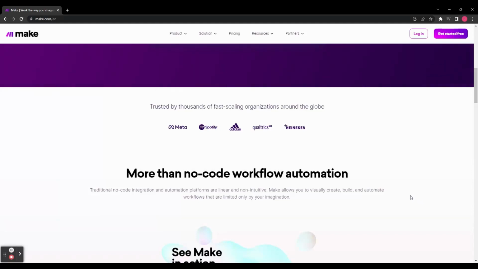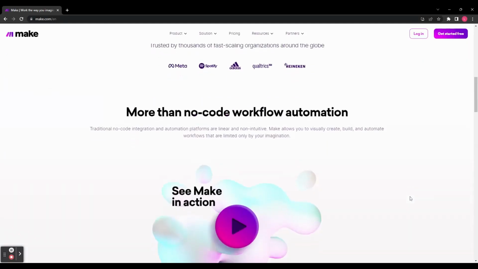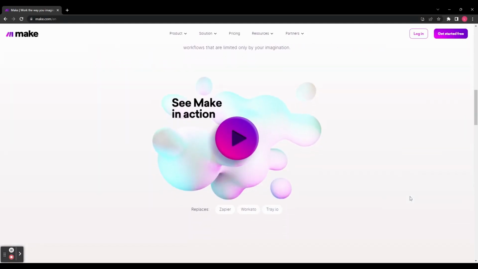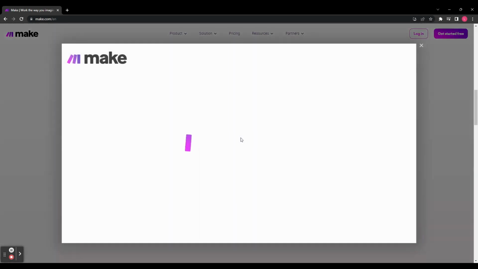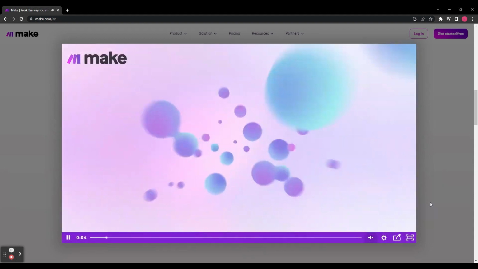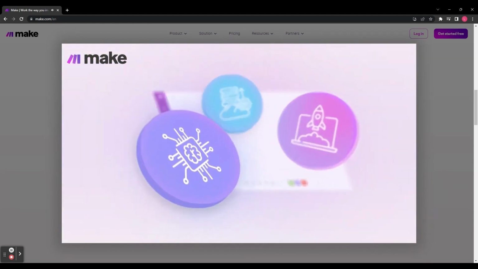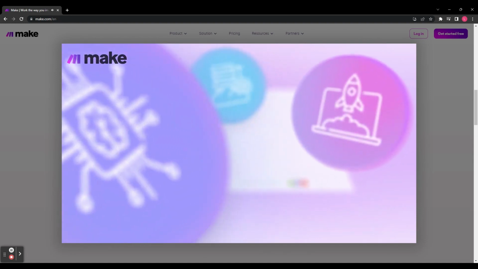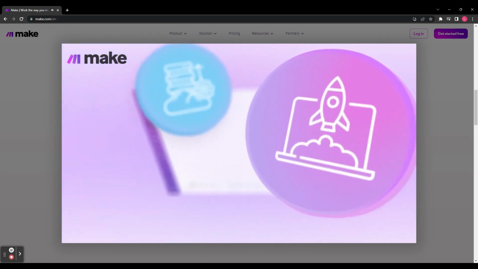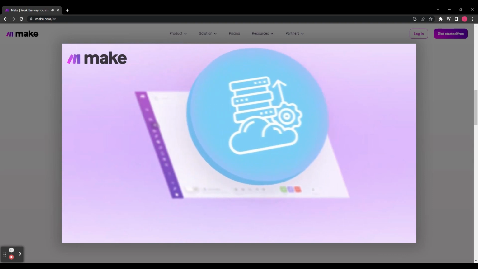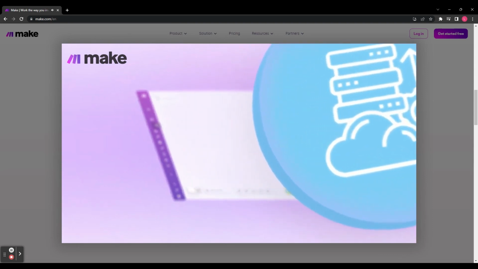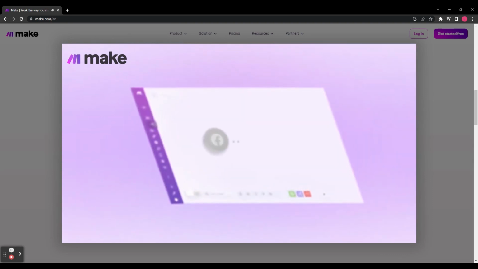Hey guys, in this tutorial I'll be showing you how to make workflow automations using make.com. This is the ultimate platform that allows you to visually build workflows and automate complex tasks without the need for coding expertise. Whether you're a beginner or have some experience with automation, this video will guide you through the process of leveraging make.com's drag and drop builder, pre-built apps, and powerful tools to design and execute workflows that bring your